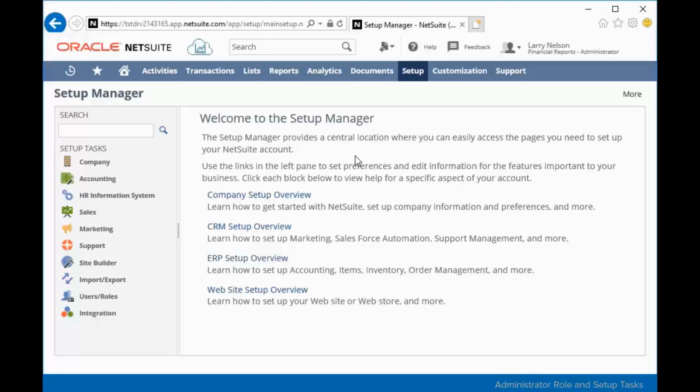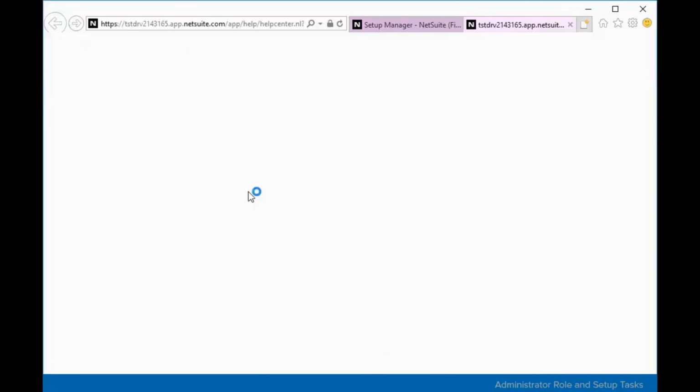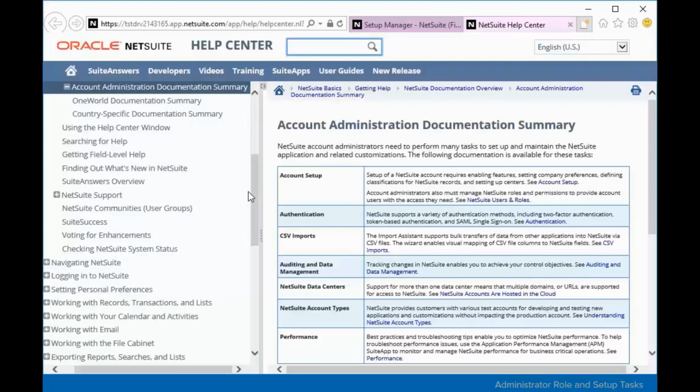This presents some of the same information we saw in the last walkthrough. In the center of the page, I can look at documentation for company setup, CRM setup, ERP, and website setup. Clicking on one of the overviews will display the related information in a new browser tab. If I click on the Company Setup Overview, it will navigate to an appropriate page in the NetSuite